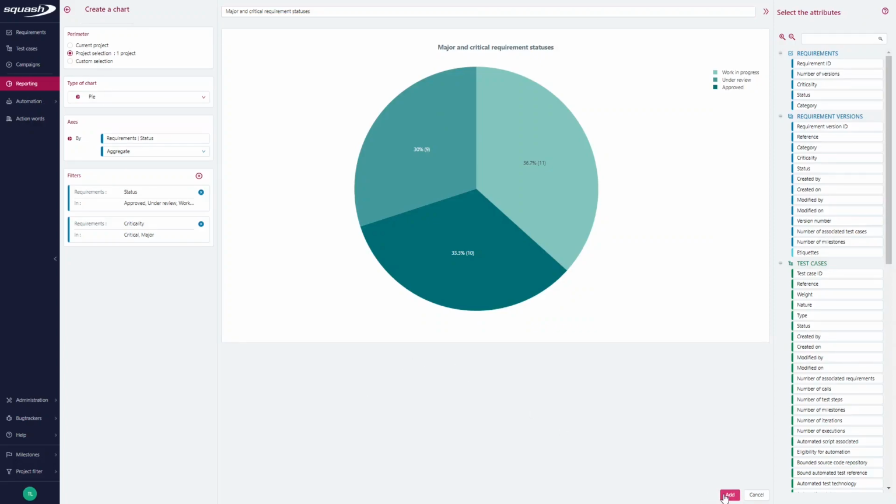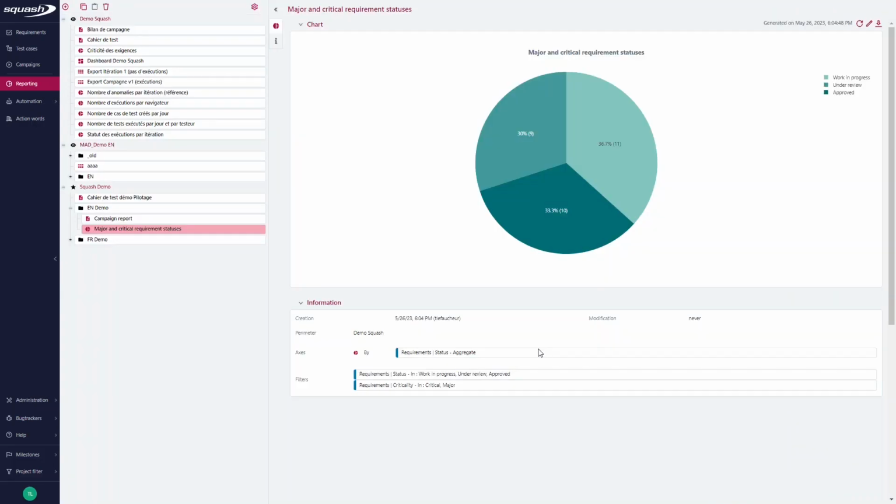Then, to save it, simply click on Add, and you'll be taken to the graph consultation page where you can view the graph in the Reporting Workspace library here. In the information section here, at the bottom of the chart,